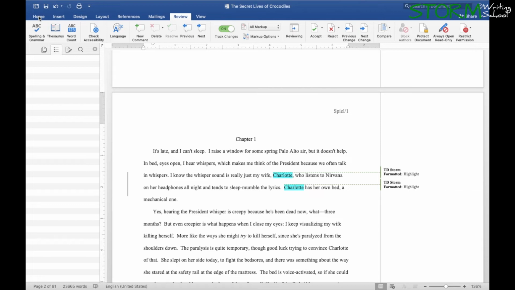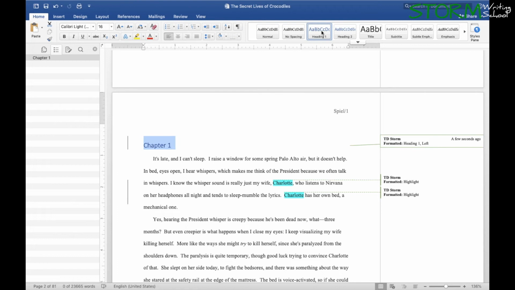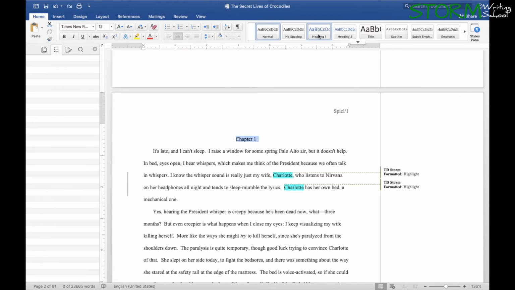First though, let me show you how this headings thing works because I use it with every novel I edit. You've got a chapter heading like this, and what you want to do is find your styles pane and make this heading 1. If you do that, you'll notice the format changes right away, and maybe you don't want that. You want to keep it as is. So I'm going to Command Z and get out of there, and then I can right click on heading 1 and update heading 1 to match selection. Then it doesn't change the style at all, but you see that it's just now called heading 1. So it really does nothing to the physical appearance of the document, but did you see this over here?